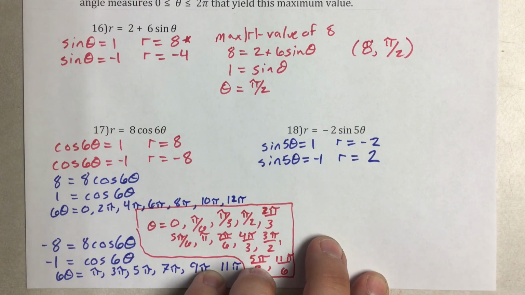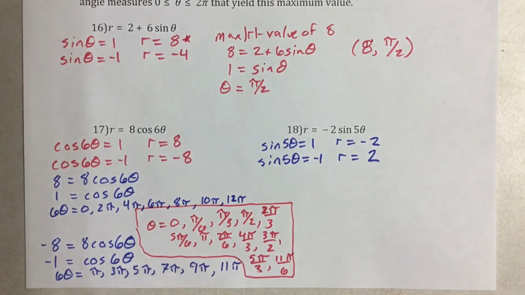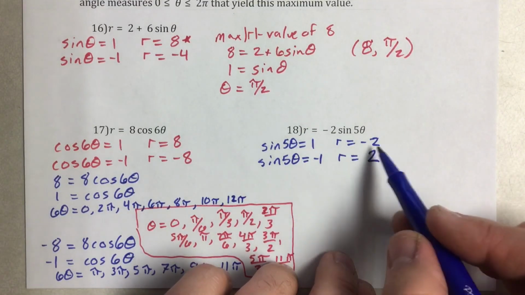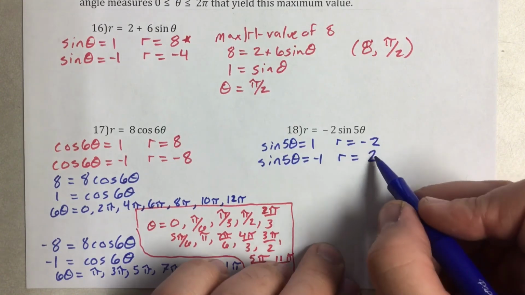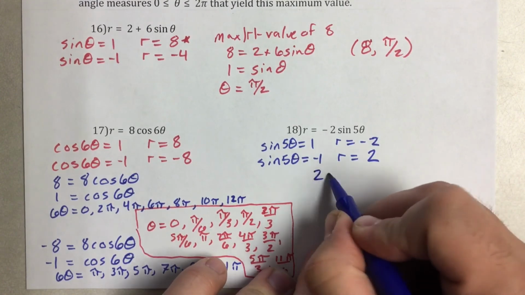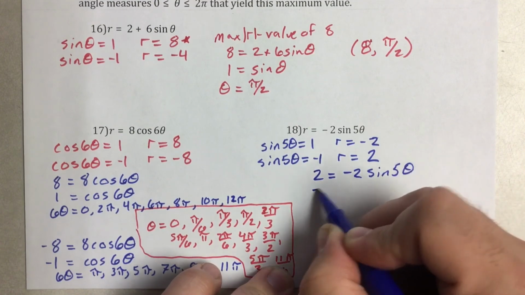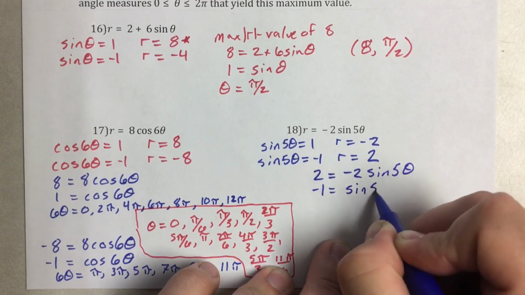Now, in this, since we have an odd multiple, we set the equation equal to the positive maximum value. Here we did it to both. This might seem odd to you, like we're not going to set it equal to -2, since that's the first radius value we got. We're going to set it equal to the positive radius value. So we set 2 equals -2 sine of 5 theta, which means -1 equals sine of 5 theta, which means